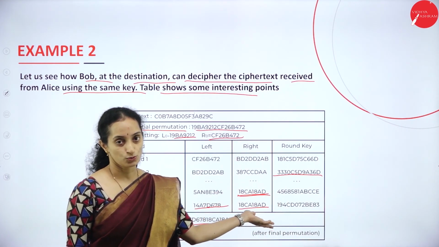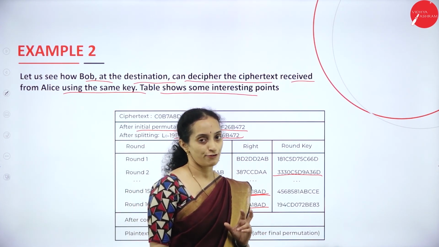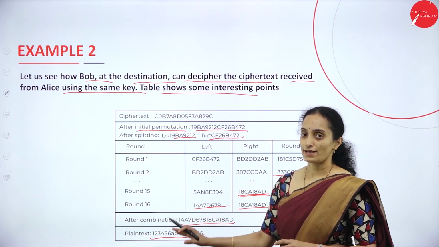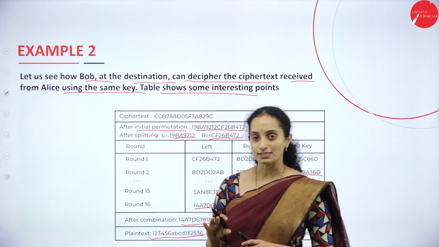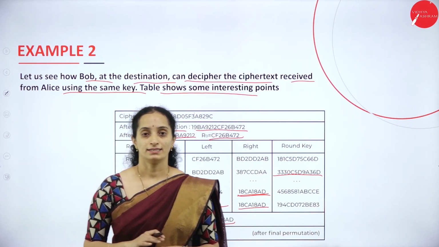You can add 2 swappers in the last round which nullifies the effect of this swapper and gives you the actual ciphertext and the actual plain text.